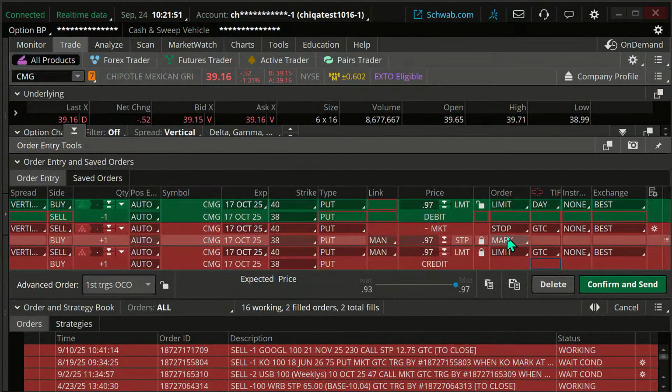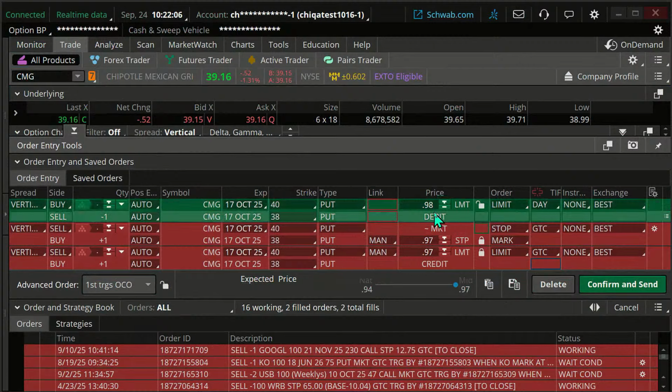Where's our stop going to be on this? That's maybe a little bit easier. Well, how much can we lose on this? If we're buying a vertical spread for $1, I'm just going to round up 2 cents here. If we're buying it for $1, it could go down to 0 potentially. It can't go lower than that. So half of that, if we're going to put a 50% stop loss on this, I'm just going to make this 50% stop on that, okay? There we go. So that's my stop to get us out.